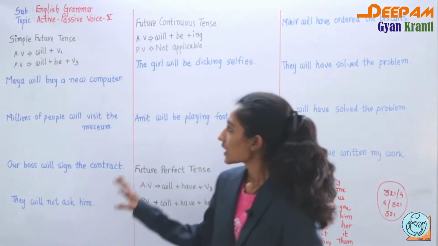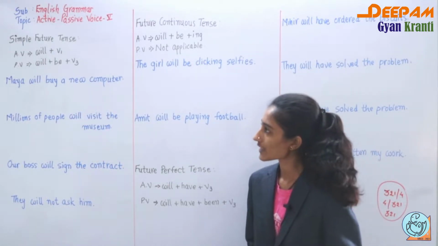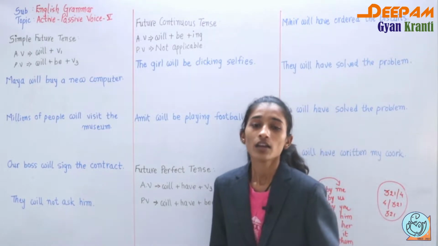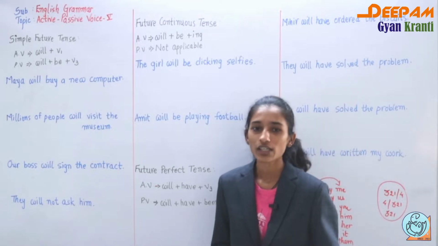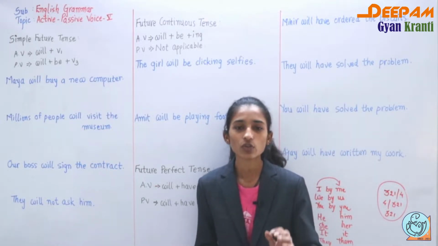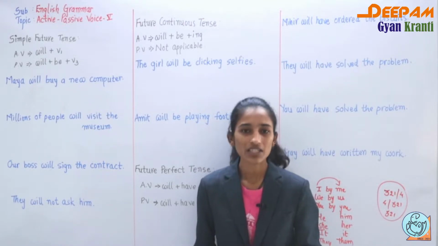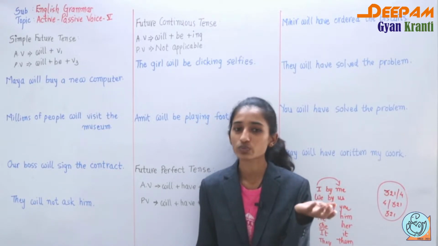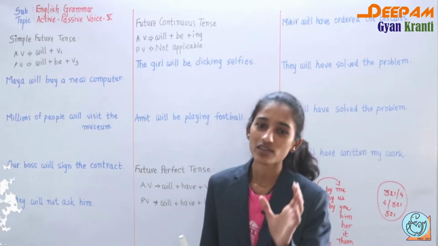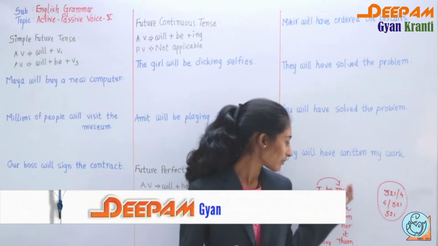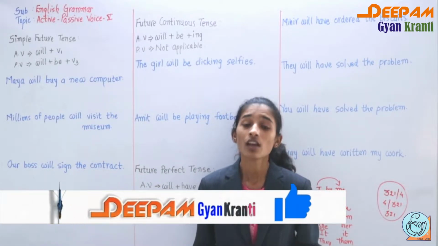So now we will start the video with the new tense, that is simple future tense. Now in simple future tense, you know very well that if we are talking about sentence formation, then you have will or shall plus the main form of the verb. If I and we are there, basically shall is used, but we are using will with every subject. Means I, we, you, he, she, it, and any name, we use will only.